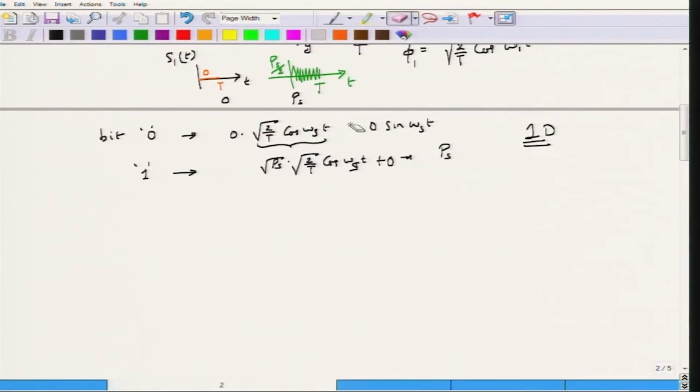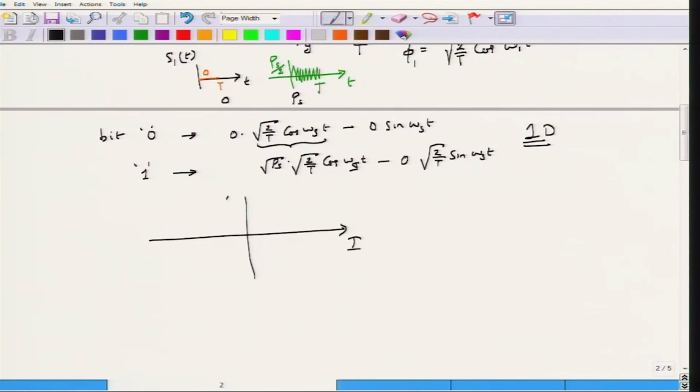and then also write down this as plus 0 minus sin omega_s t, right, because this is the real signal which I am writing. So, this can be written as minus 0 square root of 2 by T sin omega_s t. So, it can be considered as a two dimensional vector, except that the second value would always be equal to 0. But since I have already written down the I and Q planes, right, the corresponding I and Q values